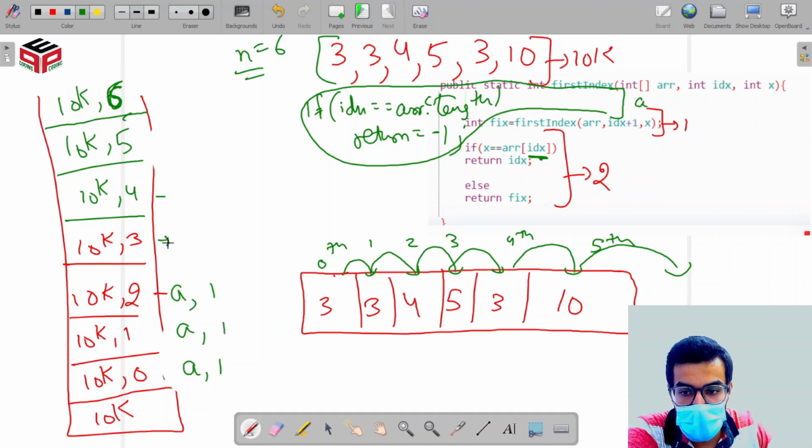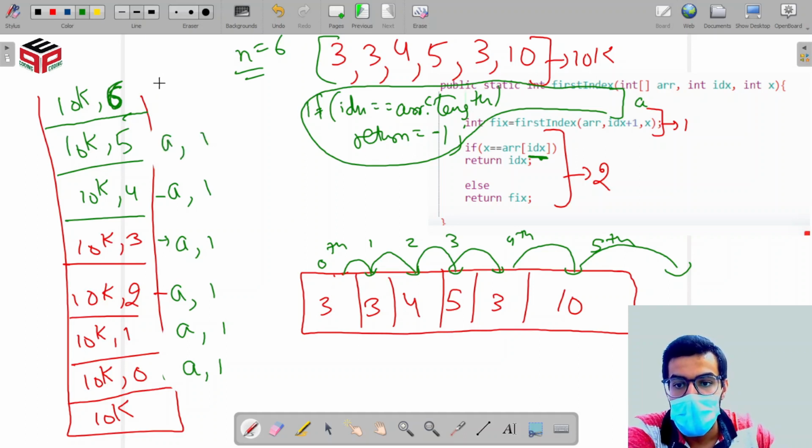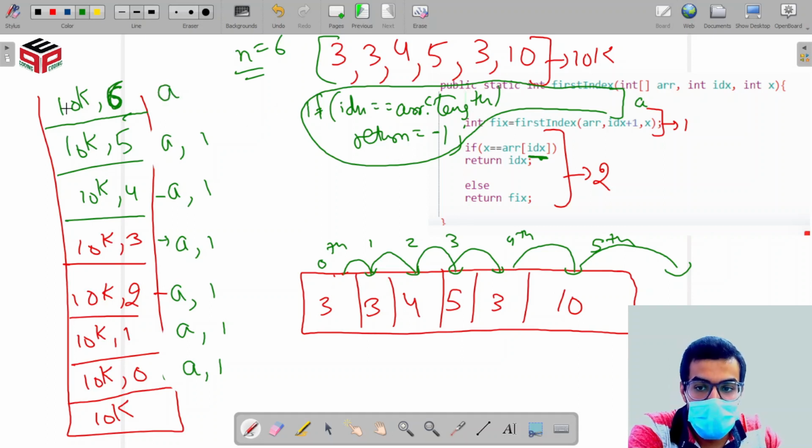Then again call is transferred to 10k comma 3. A1. Then again A1. Then the call is again transferred to 10k comma 5. A1. Again the call is transferred to 10k comma 6. A. Now from over here, it will check whether